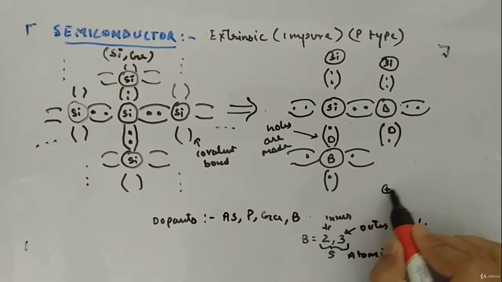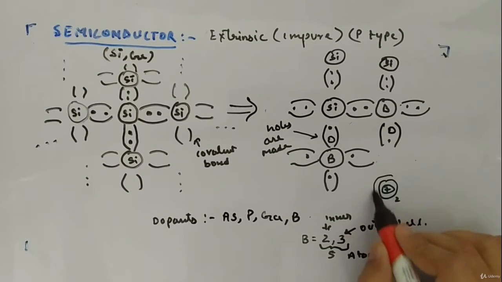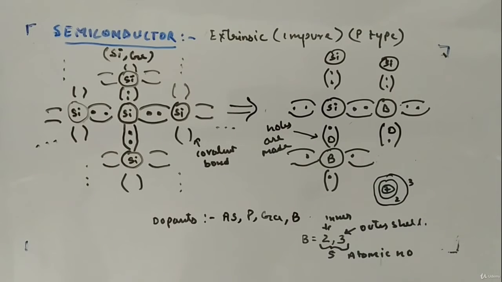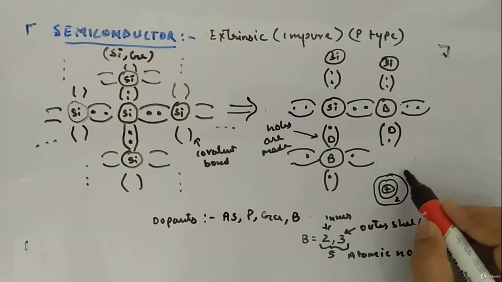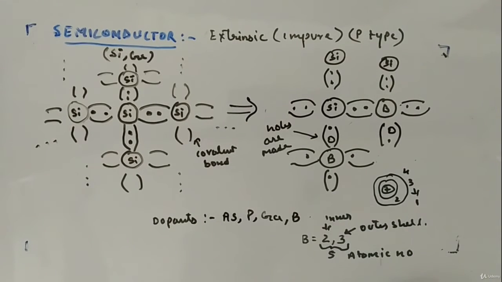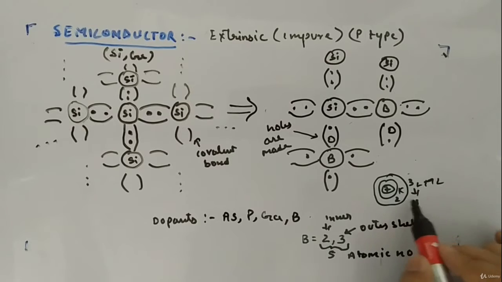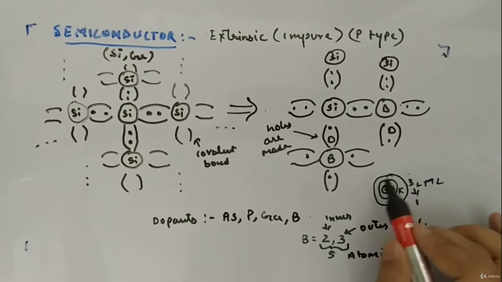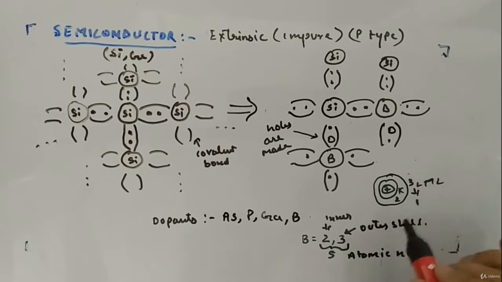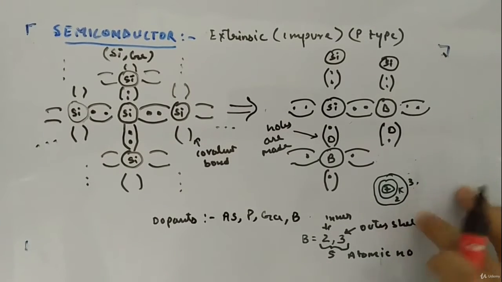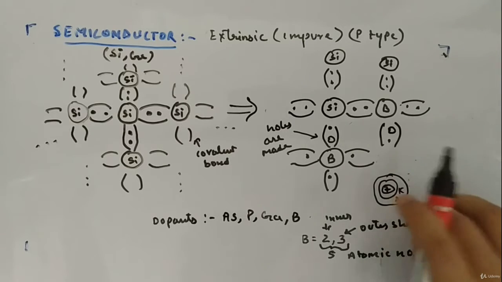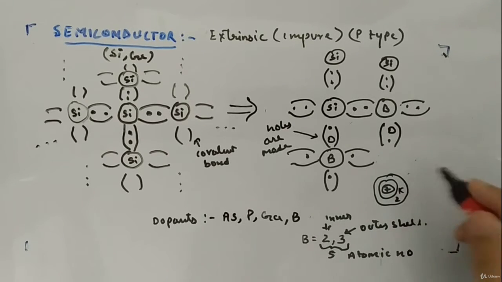If you have a nucleus like this, in the inner shell it is 2, in the outer shell it is 3. So it requires one extra to complete its octet, so that it will have 4. It will try to acquire 1 electron so that it will become completely stable. Mind you that the shells go K, L, M, like this. K consists of 2, then L consists of 4, then 8, and it goes like this. So this has to have 1 more electron so that it will become 4 and be completely stable, but it doesn't have 1.